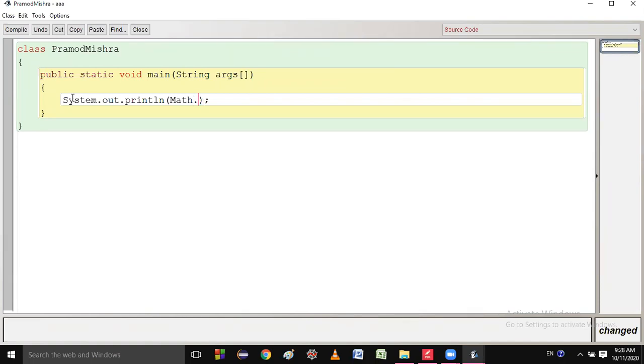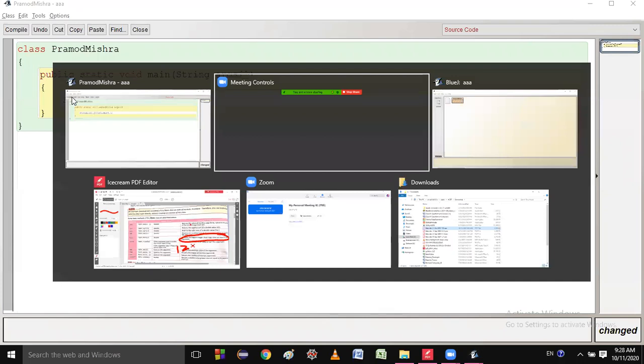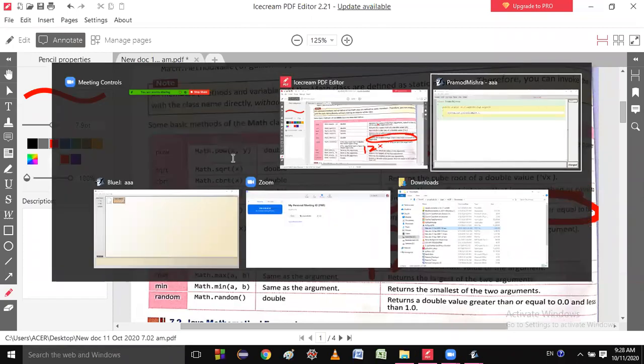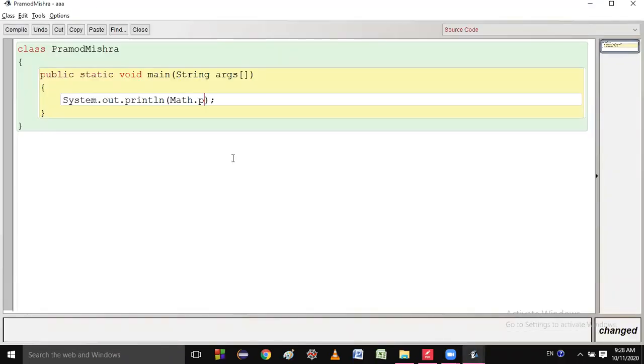Dot. Which methods am I using? Every method. So let me first use power. If you use pow, which power do you want? 2, 3. So it means 2 power 3. Is it clear to everyone? Yes. Okay, very good. So let me copy this.